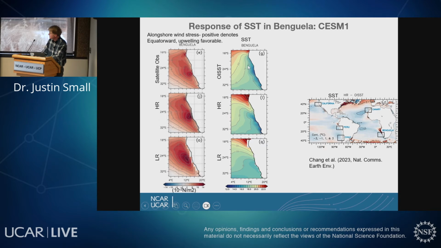The observed SST has a cool SST along the coast. With the high resolution, you see this cool SST in the southern part of this Benguela system, but it's too warm at the north. This is kind of a typical problem. And this is to do with what I mentioned earlier, very hard to simulate the front between the cold and warm waters, which is in these latitudes. The low resolution has even weaker upwelling and hardly represents the upwelling at all towards the south.